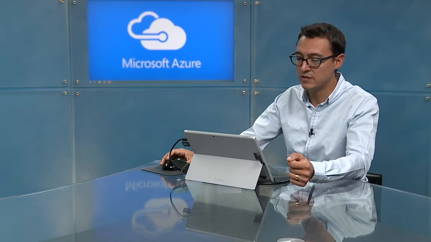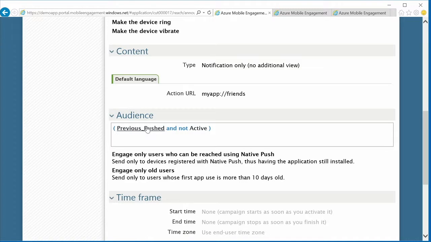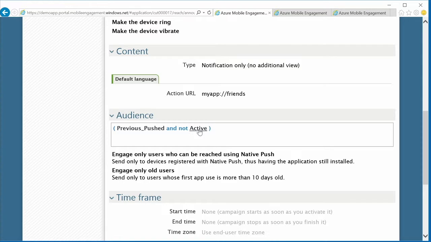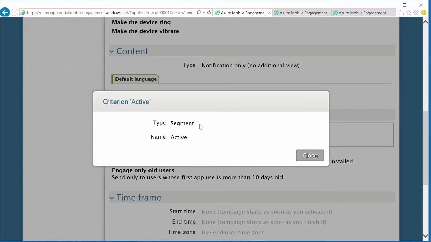So how does that translate into mobile engagement? Again, we want to make sure that we engage only users who were pushed for the previous campaign, so that we make sure that we don't push other users. And then we also want to make sure that we engage users who are declared as not active.